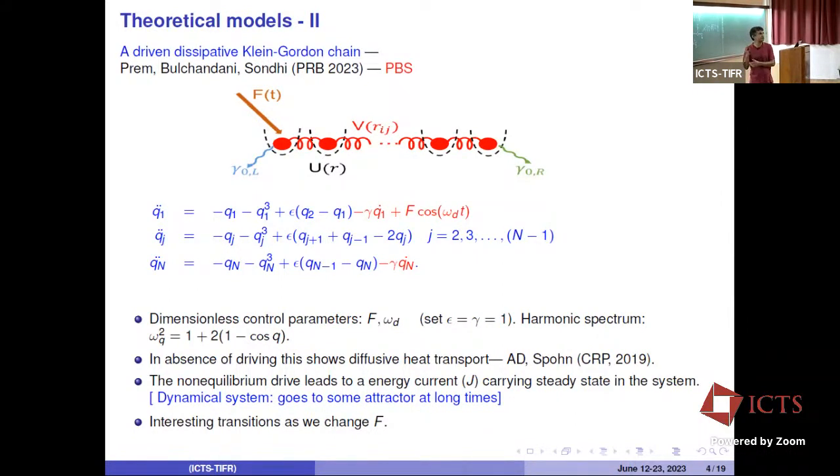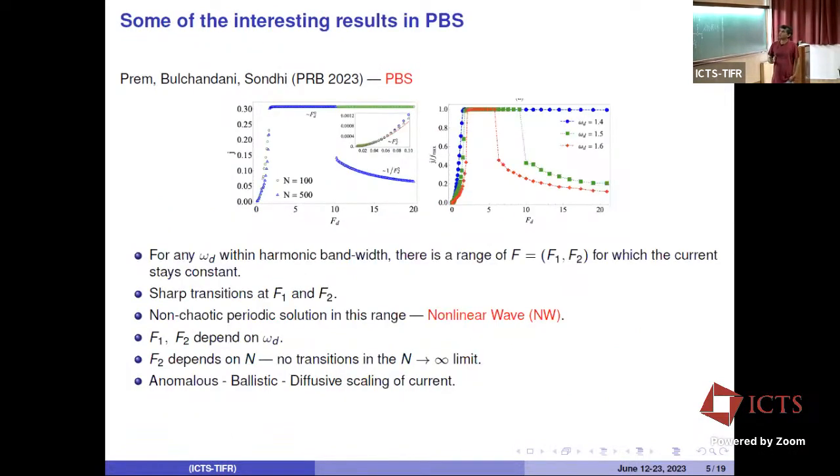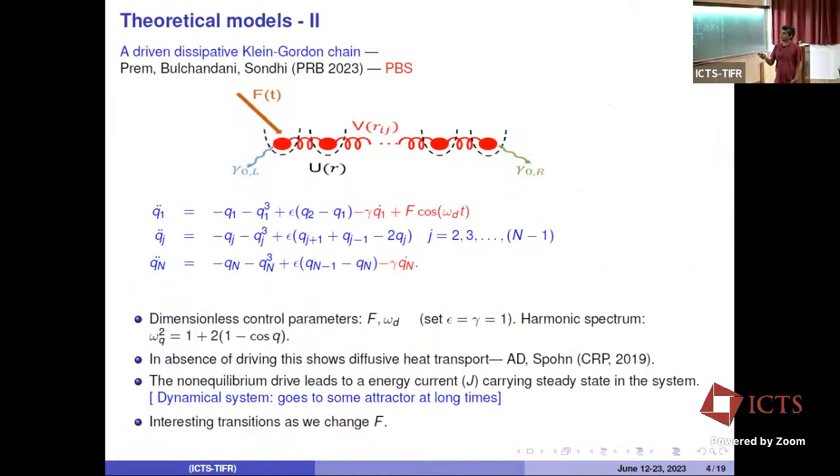Okay, so for some time I'll just talk about this paper, and then I'll also talk about another relevant paper, and then I'll talk about what we have done. Okay, so this is what they observed. You just look at the steady state, and in the steady state you look at the current through the system. Yeah, question? Okay, no, it's a periodic drive. So of course, you expect a periodic current, but you look at the time averaged current, and see how this changes with the driving force amplitude.